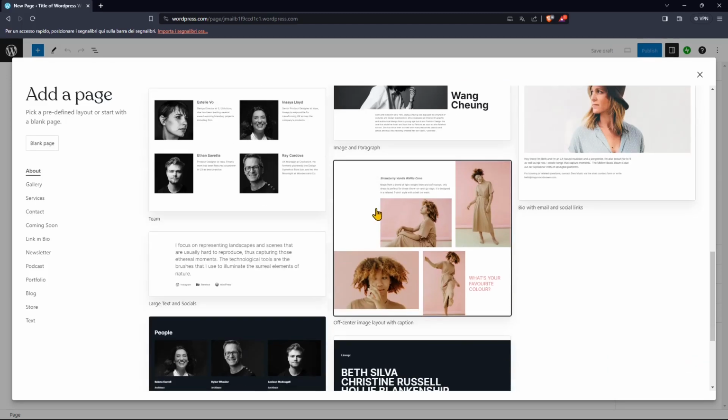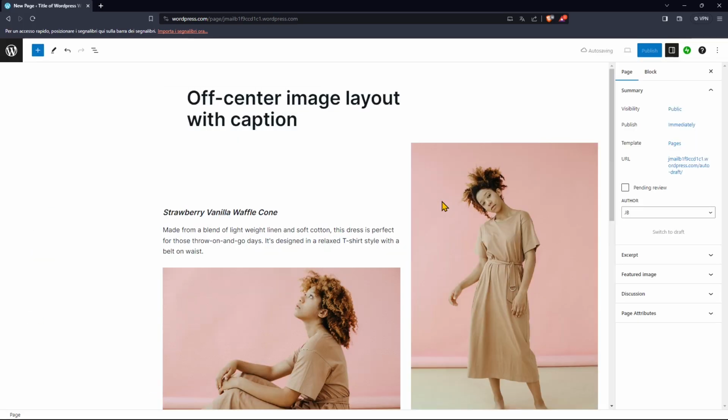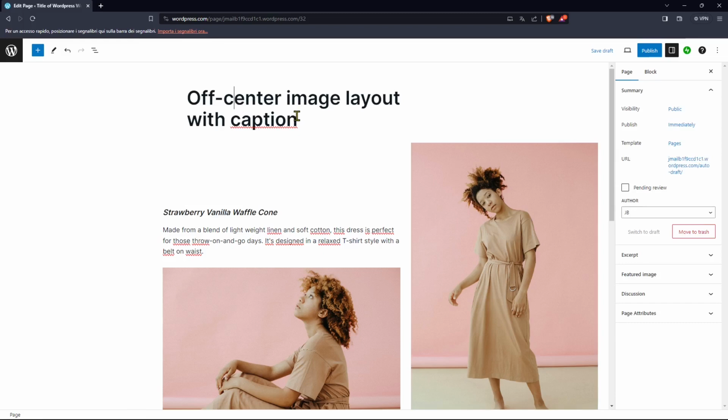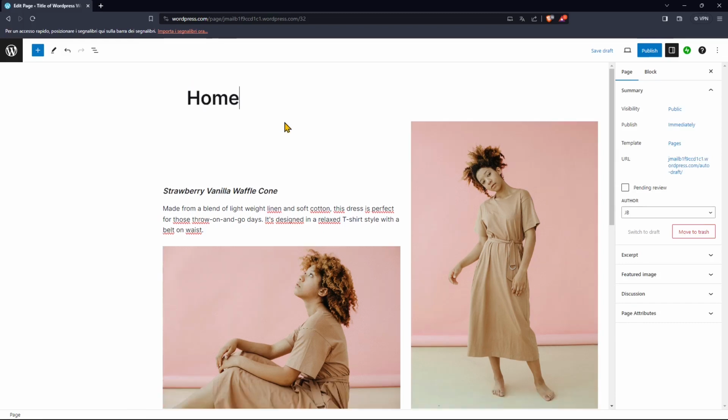So let's say that I want to use these, and I want to create a new page, which is going to be an about page, but you can change the name also. So I'm going to click here, and here we can change now the page. We can edit the page using the blocks. So you can click on the blocks, change the image, click on the text, change the text. What I'm gonna do here is just change the title. And I'm gonna do this by typing the home. So this is gonna be my new home page,